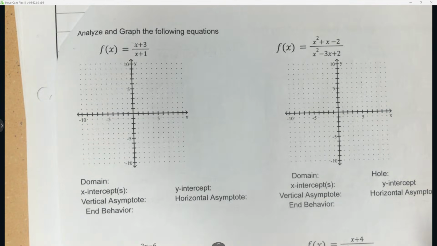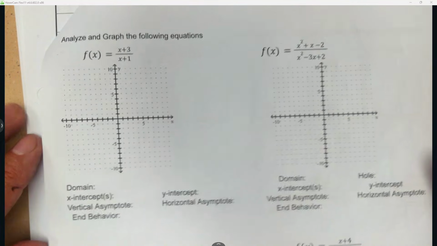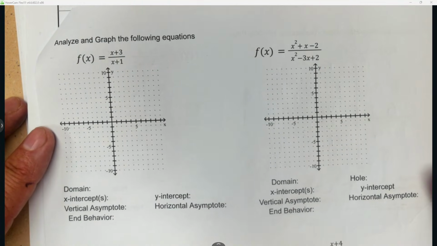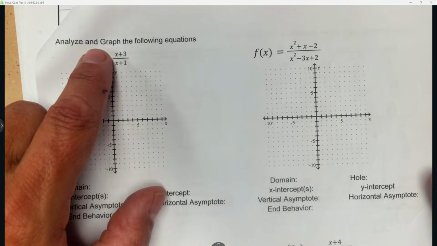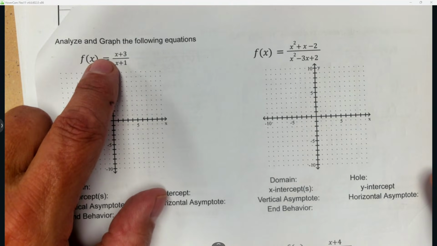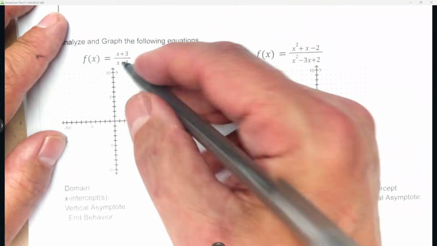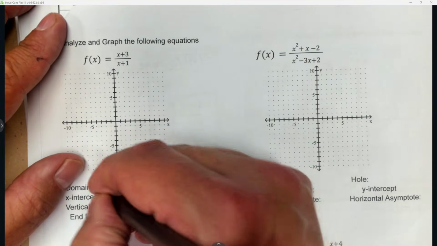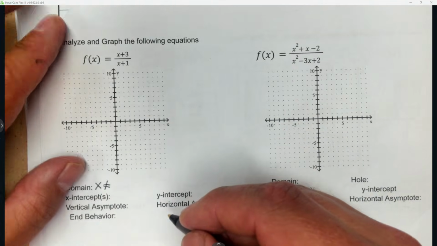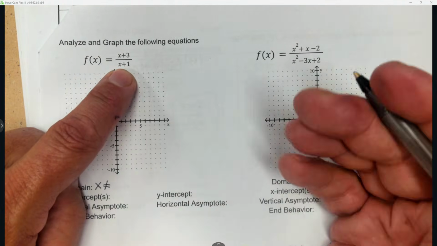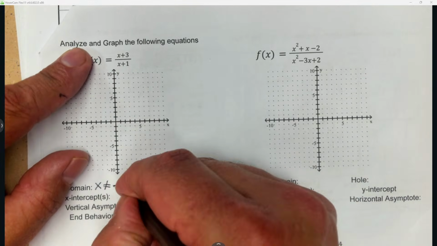All right. These now are rationals, which are just different. A reciprocal is a simple rational, and we do that using transformations. But these, instead, I'm going to use a different technique to graph. So first step: is this factorable? Is there something that simplifies? The answer is no. So from this equation, what's the domain? So I write x cannot equal, and I look at the denominator and what makes it 0. So the opposite numbers make 0, so it's